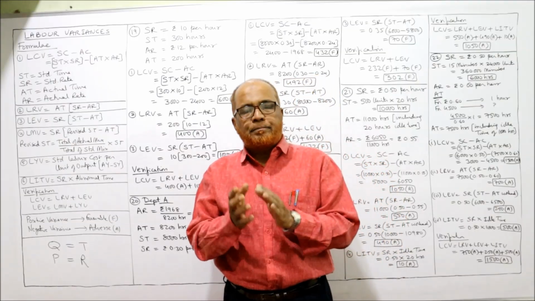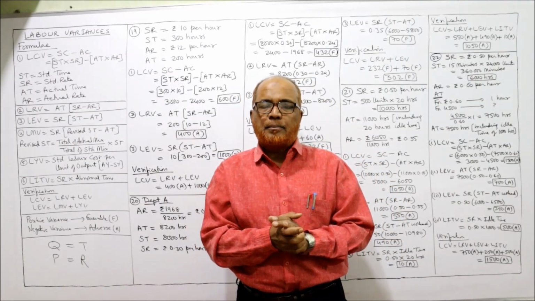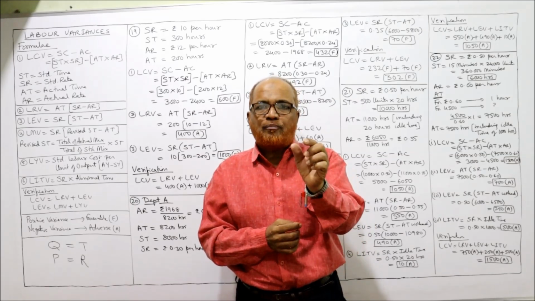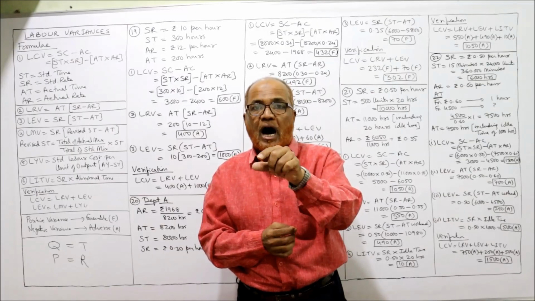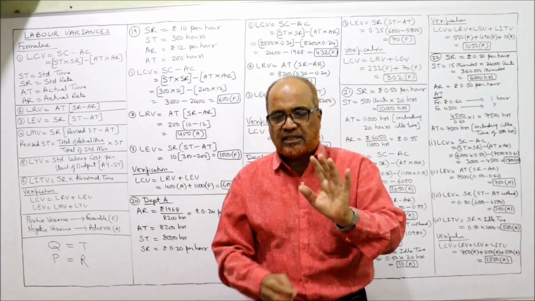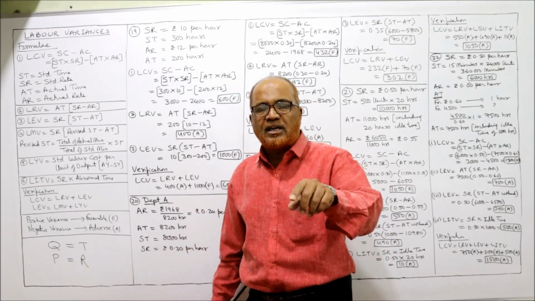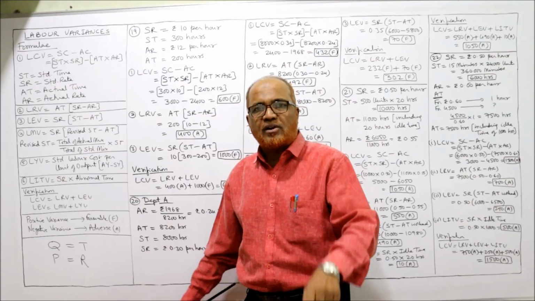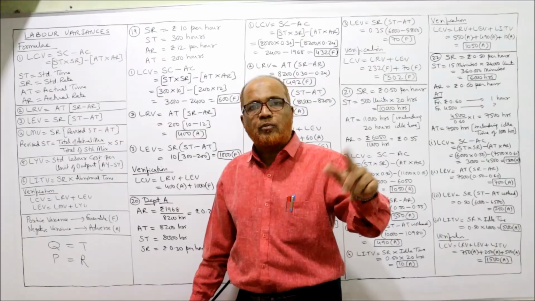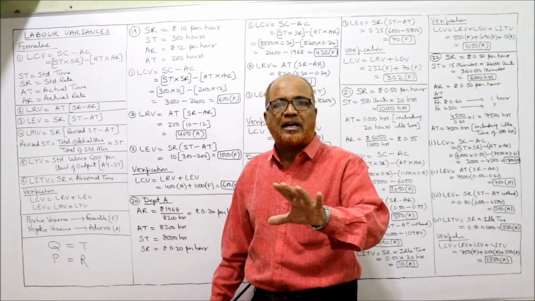Similarly, for material there is a price, but for labor there is no price, there is a rate. So in place of P, we are going to write R. In place of Q, we are going to write T. That's it. These are the two changes you have to make. Wherever there was Q, I am going to write T, and wherever there was P, I am going to write R. These are the only changes you have to make in the formula.